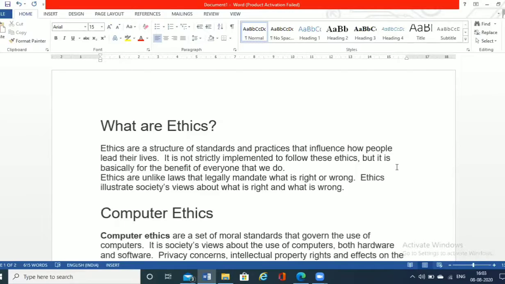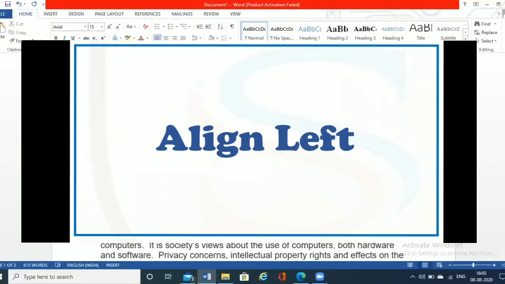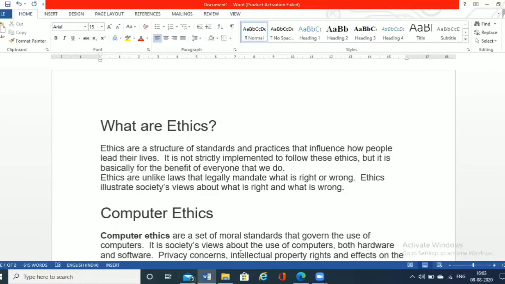So there are four different alignments present in MS Word 2016. We'll be talking about them one by one. The first alignment which we'll be talking about is the left alignment, wherein all your text would be aligned towards the left of the page.